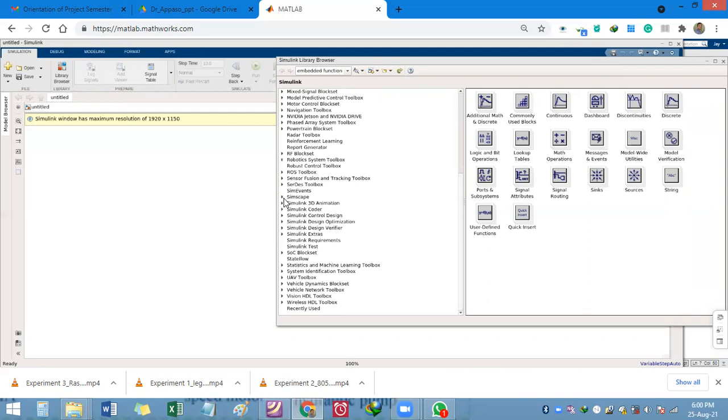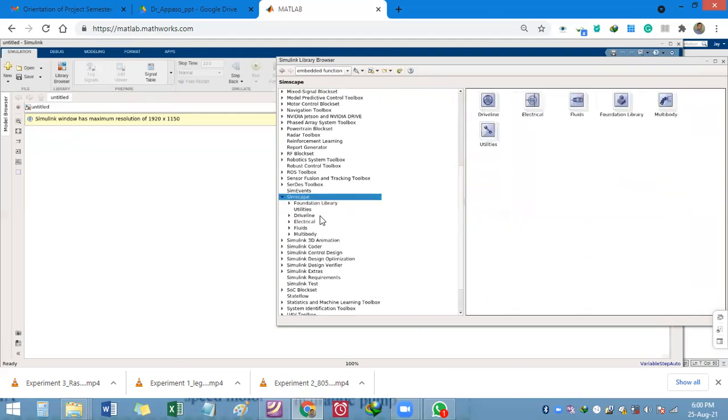So we need to click this Simscape option, and it will open different modules of Simscape blocks. All the blocks in Simscape have been categorized into different sub domains like driveline, electrical, fluids, and so on. Since our application area belongs to the fluids option, we will open the fluids block.